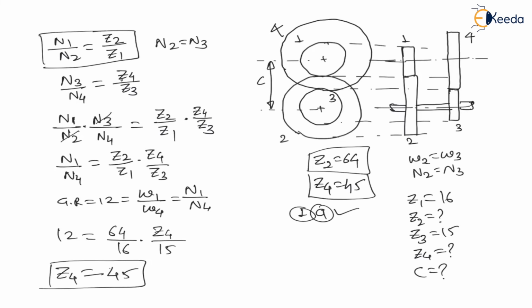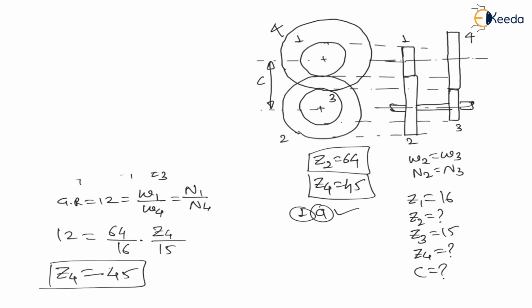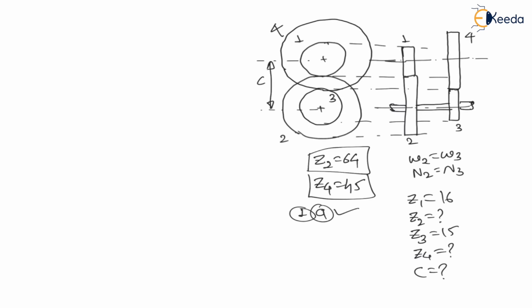Right. Now, once you calculate all the teeth, let us find center distance. Now, center distance for both stages is the same. Right. Now, see, they are asking center distance for second stage, means center distance between 3 and 4. But my dear students, it is equal to C1 also, that is center distance between first and second stage. Now, let us find for second and first, you observe these things, right?